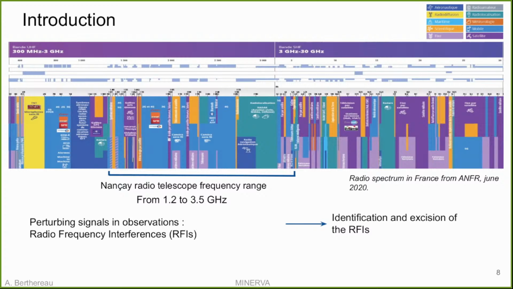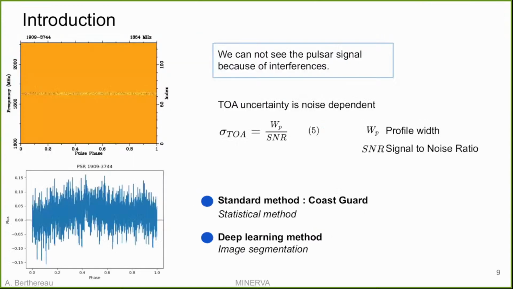Another reason is that even if we don't have a lot of RFI, we need to remove them because TOA are noise dependent. So as you can see in equation 5, the uncertainty of the TOA is directly dependent on the ratio with the SNR. But it is not the most problematic thing, because here you have an observation of a pulsar,